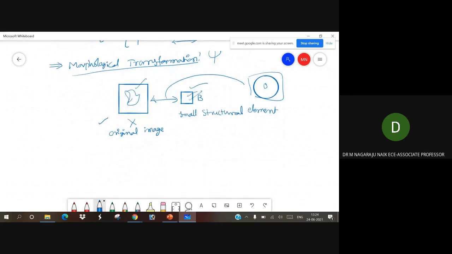A systematic operation will perform the transformation. What are the systematic operations?